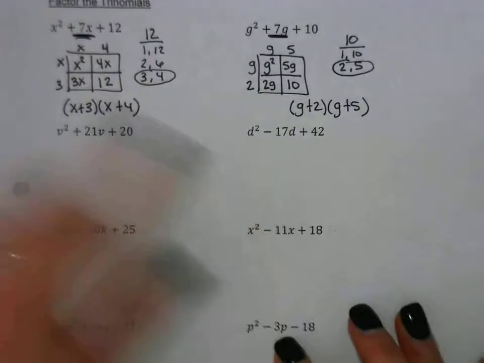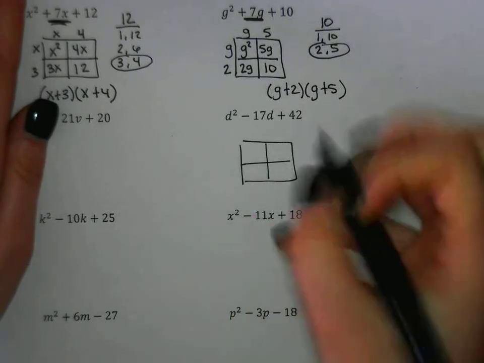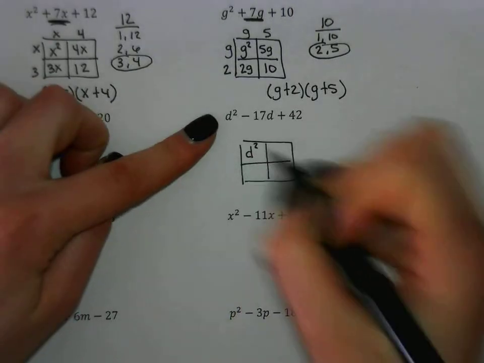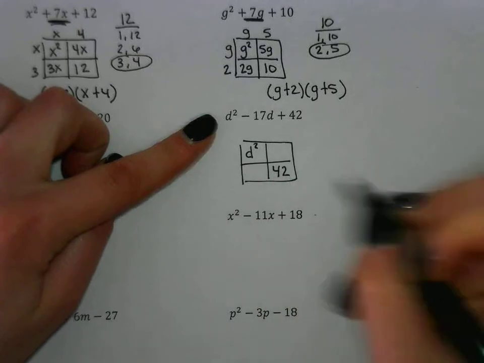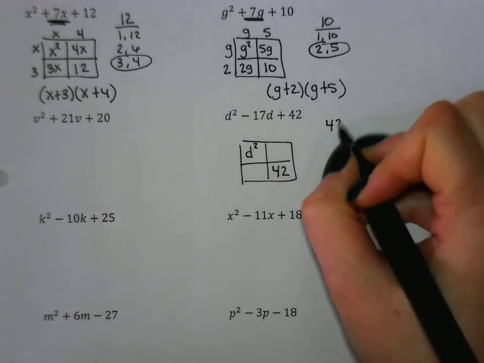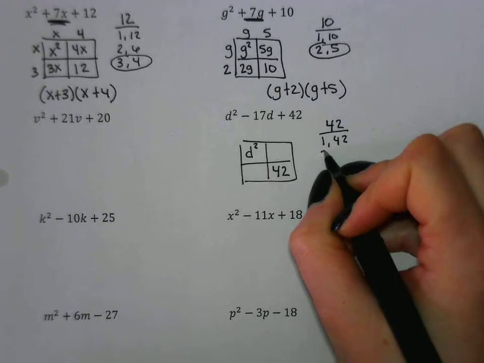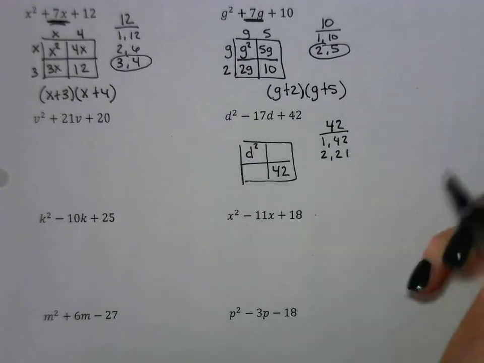So let's look at our next type of problem. Fill out our box. So we have d squared in the top left, 42 in the bottom right. So we're going to factor our constant, which is 42. So we have 1 and 42, 2 and 21,